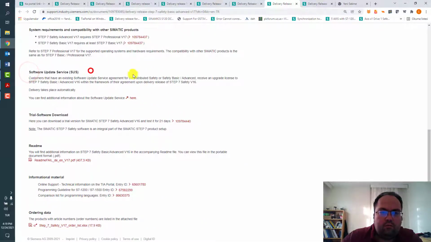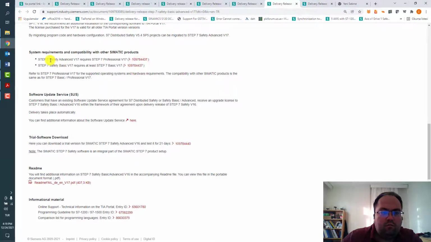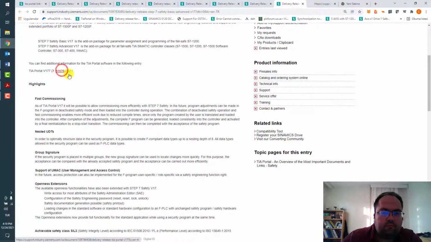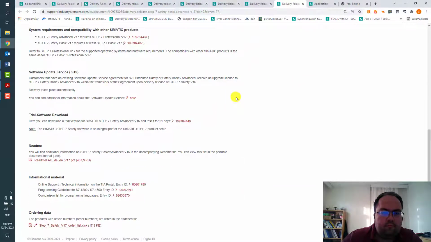Software update service that I mentioned. There are two versions of safety, Basic and Advanced.